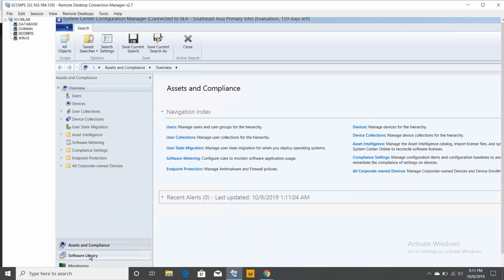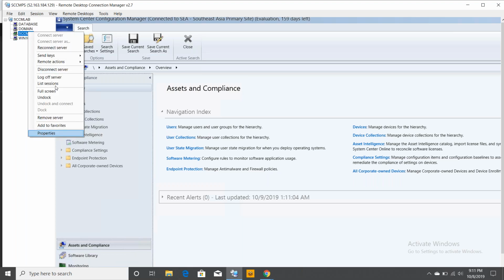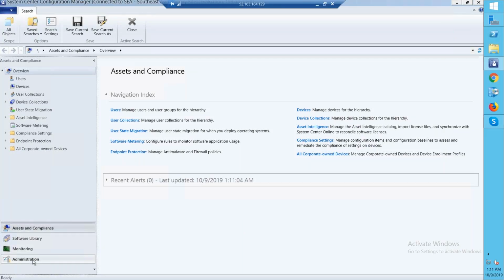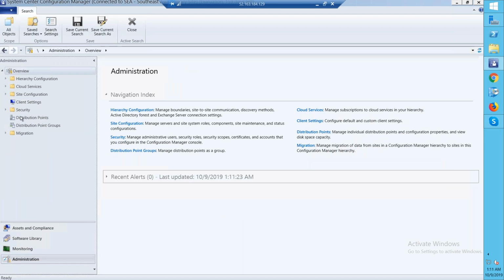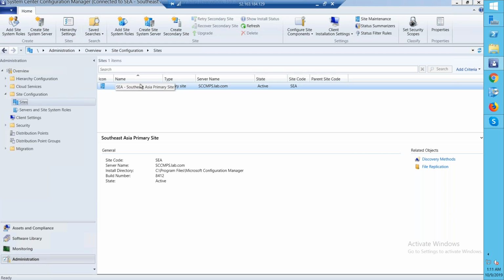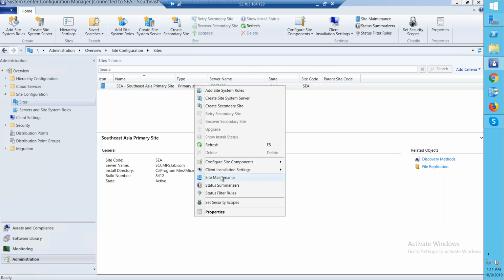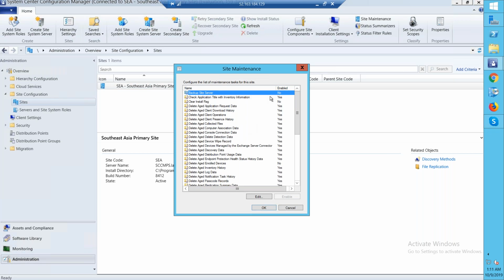Okay, so now to take backup of SCCM and database, I need to go to the SCCM server and full screen, and I need to go to administration. And inside administration, I'll have to go to site configuration and then sites, this one. So I have a primary site and everything is working fine. I need to take the backup, right click on this and choose site maintenance. And currently the backup is not yet enabled. I'm gonna click on edit